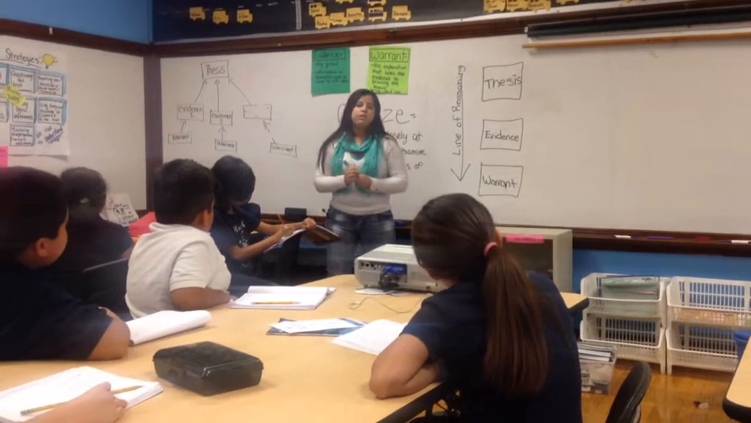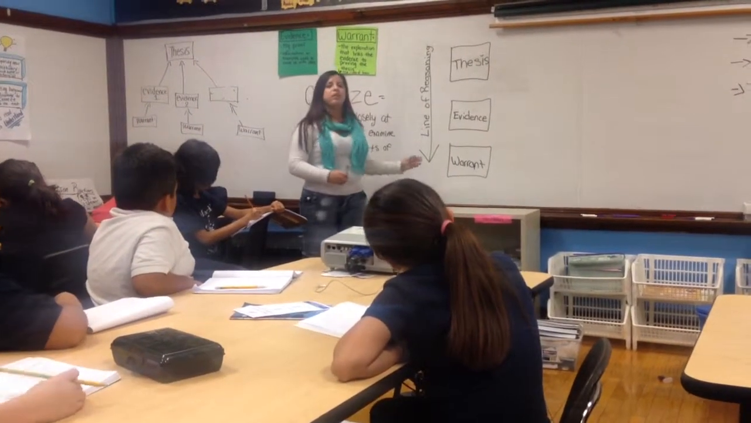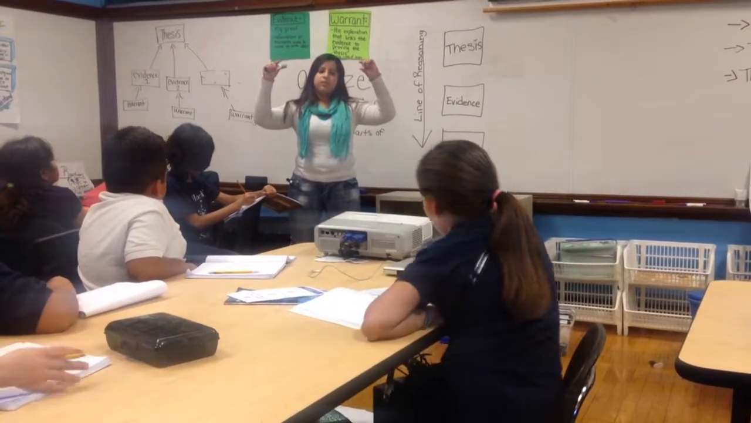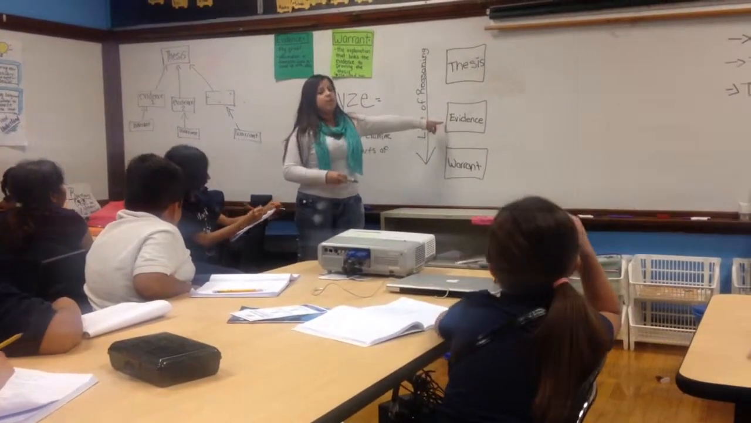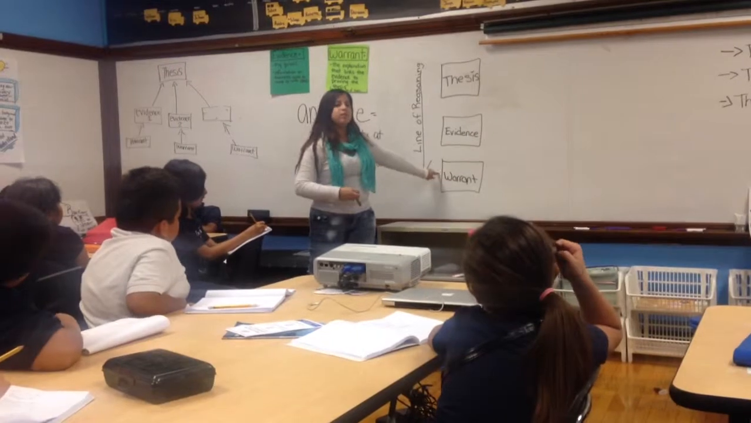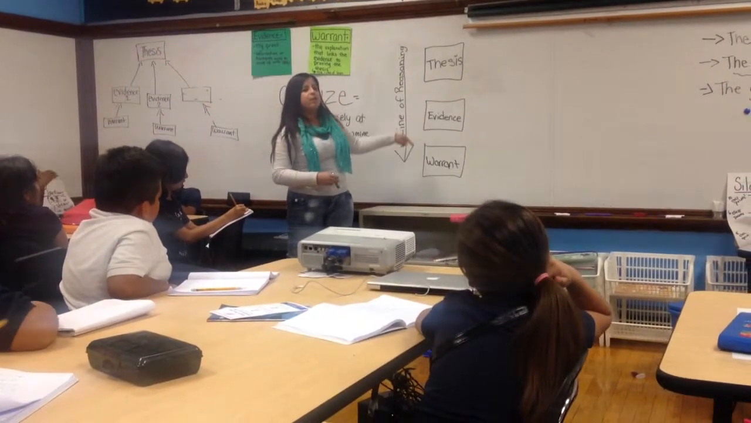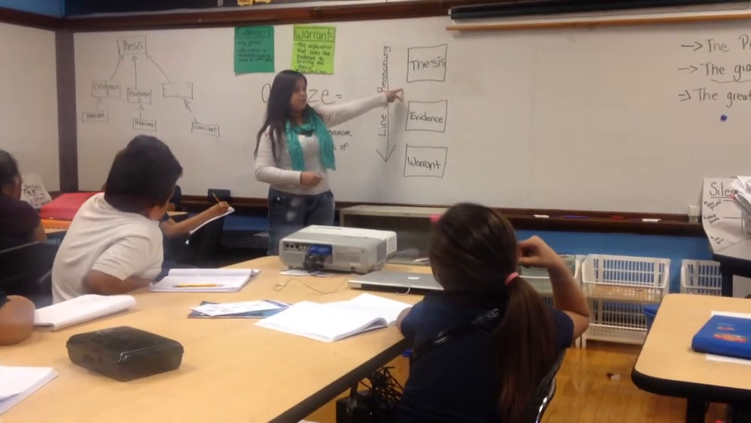Okay, so our line of reasoning starts off with our thesis, which we then have to prove by using our evidence. And then our warrant is going to do what? Connect the evidence to the